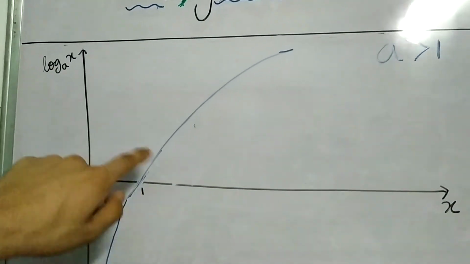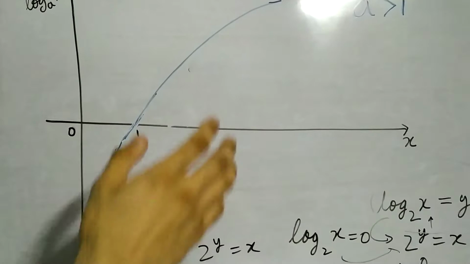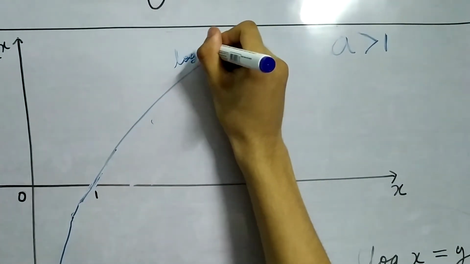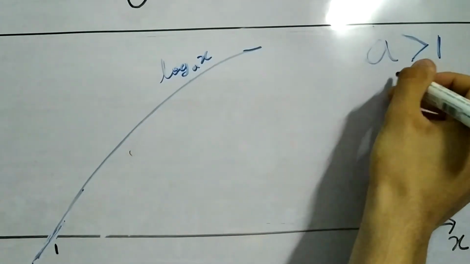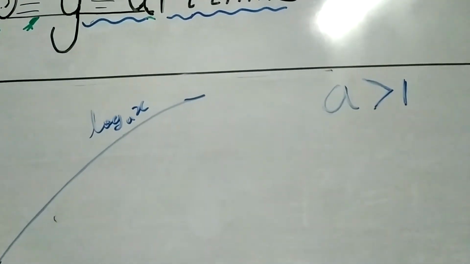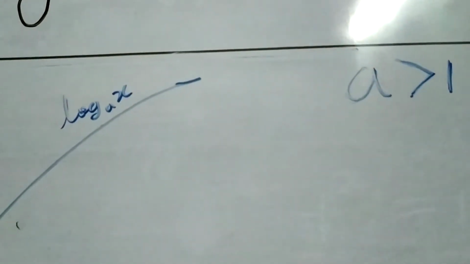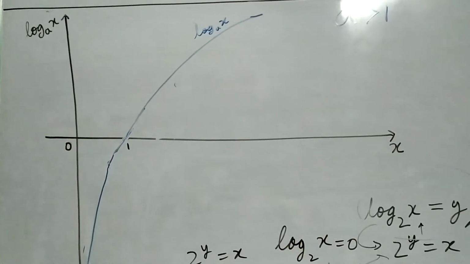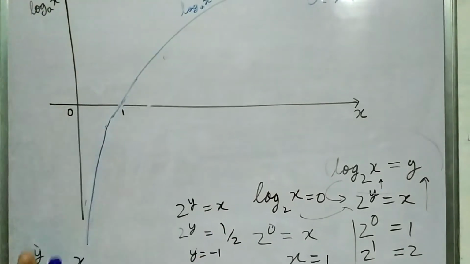Okay, of course this thing is a lot smoother. This is how log base a of x looks if a is greater than 1. Okay, it starts to increase. It doesn't approach any value. Of course, x is increasing, so y has to increase. It won't approach some value. This is how it looks.